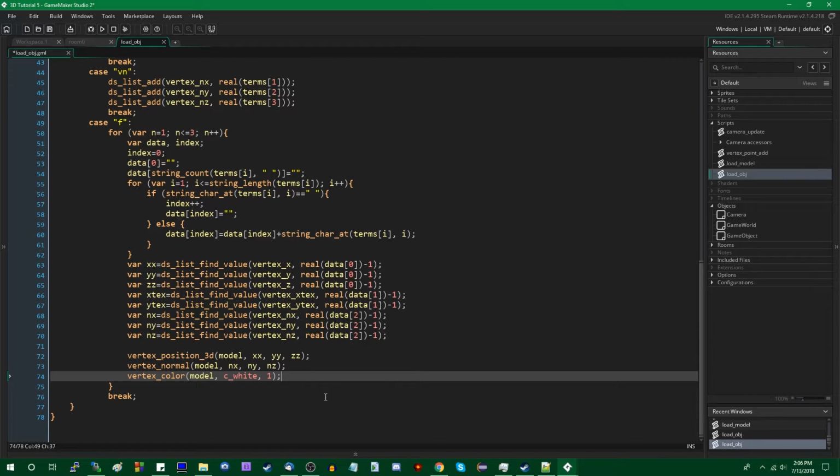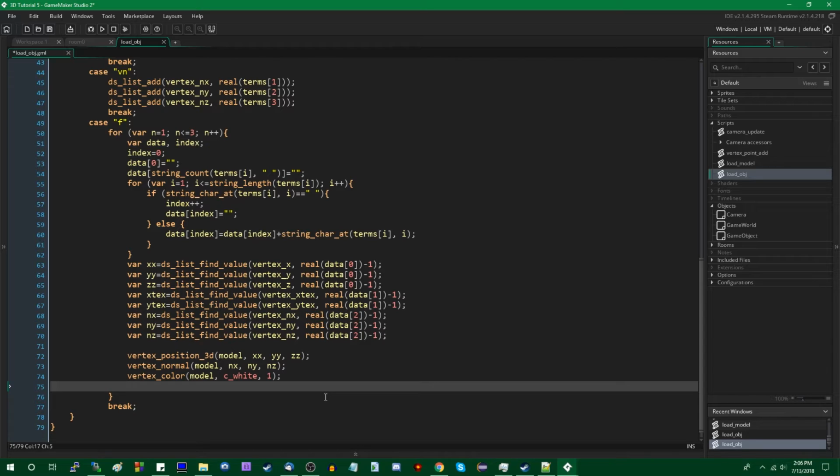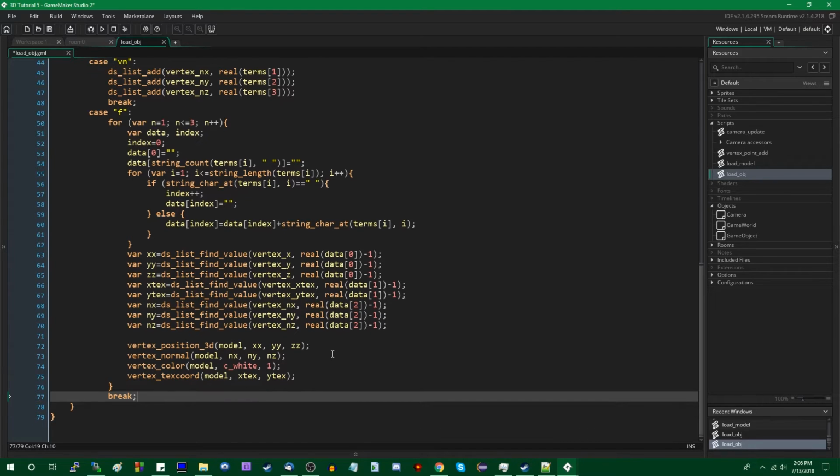If you want that, you have to use the material file format, which I may make a video on in the future. But for now, I am going to assume that people just want to get the models loaded instead of looking pretty. That's a horrible way of putting it. But moving on, vertex_texcoord, model, xtext, ytext. And there we have it.